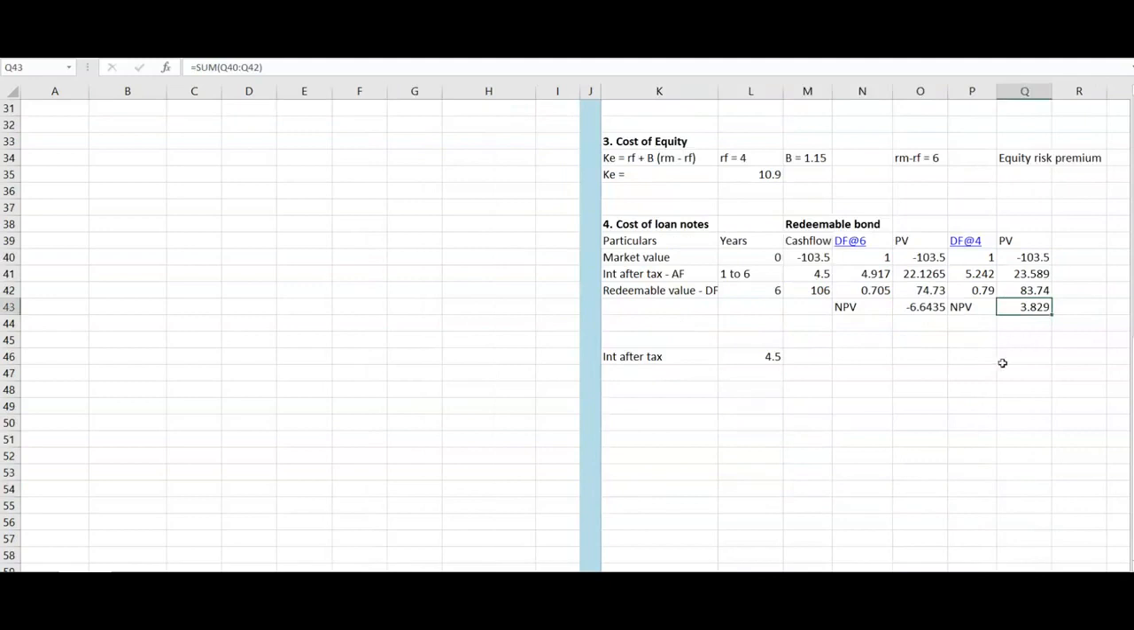Okay, so you got the number. Now we will find out the KD. So KD is equal to IRR, where IRR is equal to the lower discount factor in this table, which is 4. Add that number with the NPV at low discount factor, which is this number, 3.8. So it's 3.8